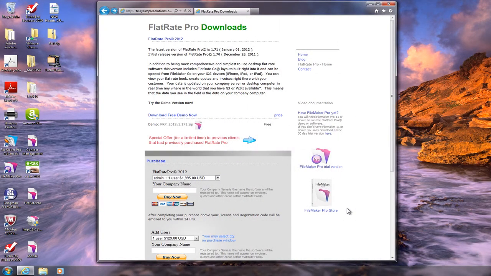Truly Simple Solutions. And I'm just going to show a simple thing, how to download the software and actually unzip the files to show the demo or the software download for those of you who are using the Windows system. So basically, of course, you click the link to download,